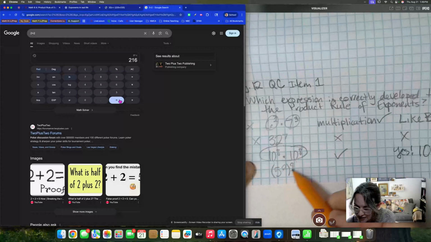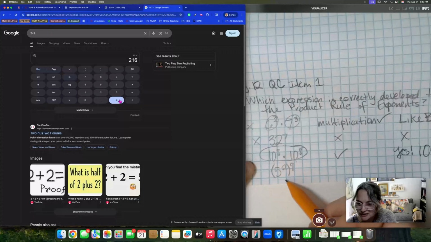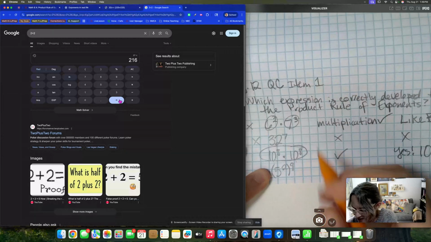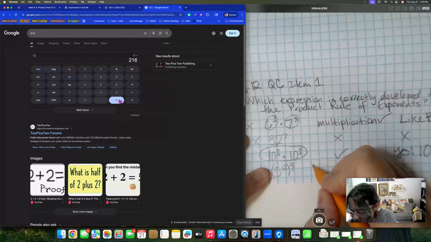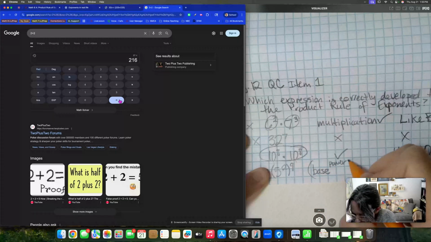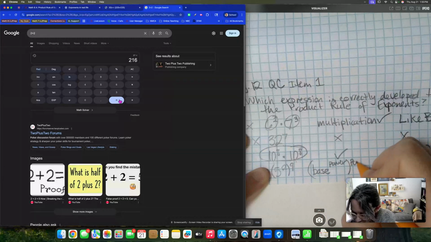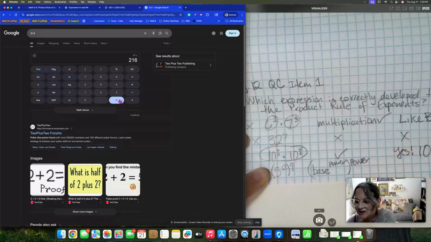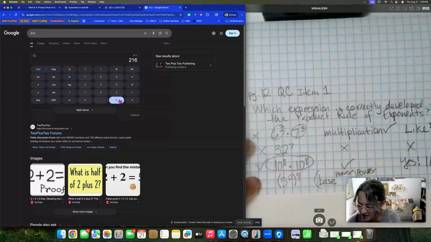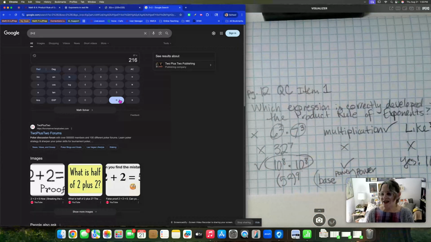Okay, and this next one, we're going to use a rule for this later on. There's a rule that you can use for this one, but we'll learn it later on. This is a base raised to a power, and all of this is raised to another power. Okay, we'll learn a rule for that later. So the correct answer for this one is 10 to the 8th times 10 to the 8th. That is the one where you can use the product rule